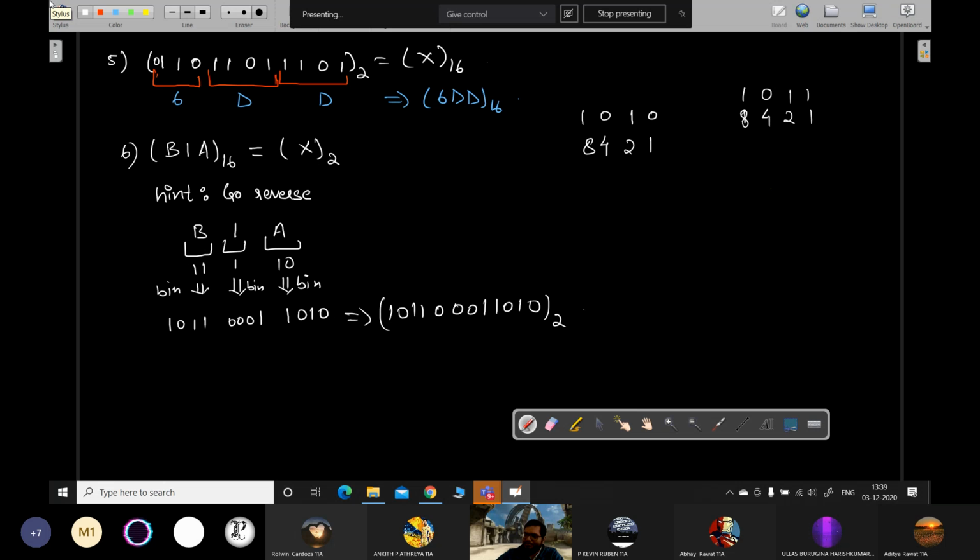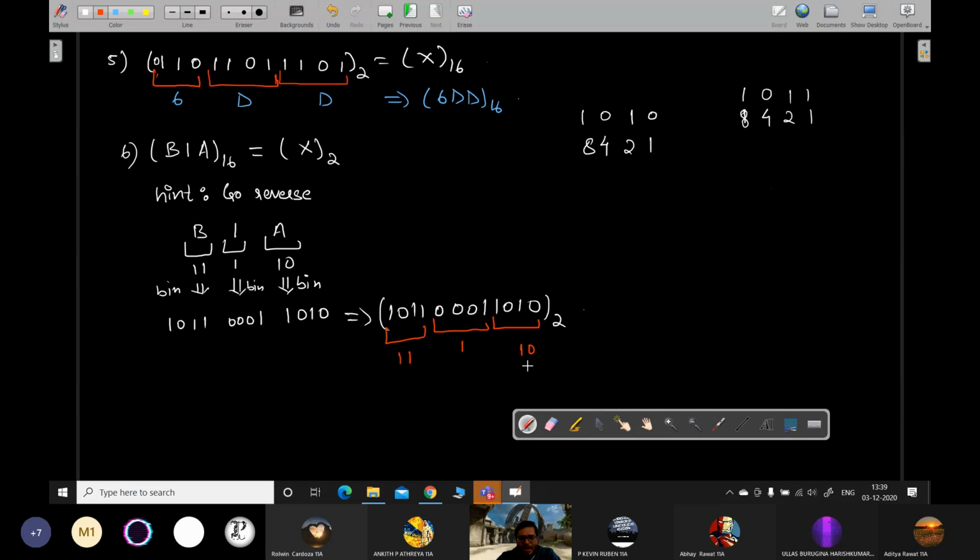देखो and let me know. Sir, can you explain this again? देखो, I'll start with this number. क्या किया था तुमने? Form groups of 4. If you have to convert this to hexadecimal, Ankit, देखो. Now what you will do? You will get here 10, here 1, here 11. 10 you know corresponds to what? A. 1 you know corresponds to 1 only. It's a valid hexadecimal digit. 11 you know corresponds to B.